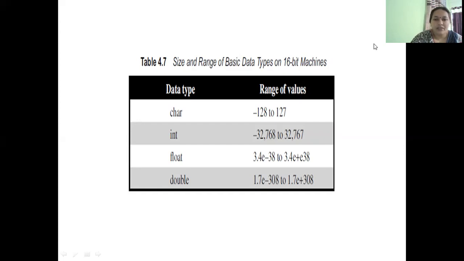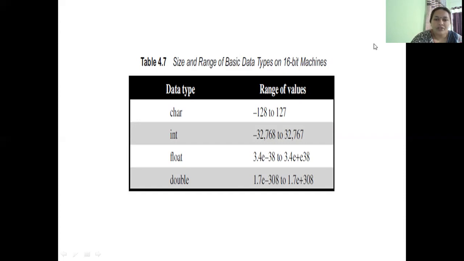Next, int is of size 4 bytes, sorry, 4 bytes is 32 bits long. Generally, most machines will use 32 bits or 4 bytes to store an integer value.